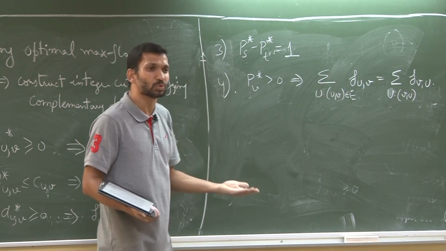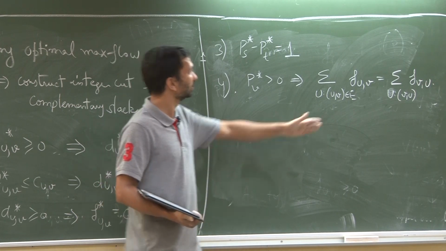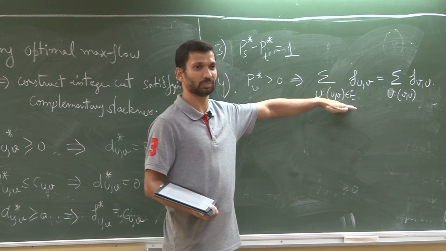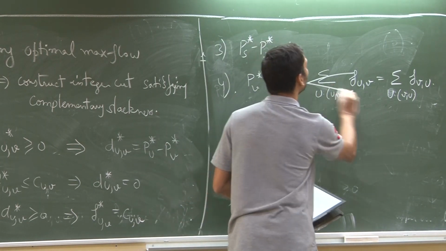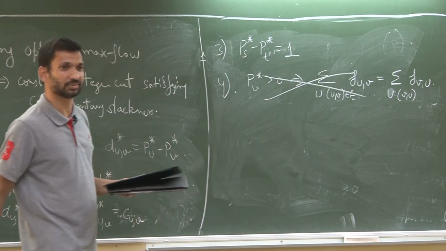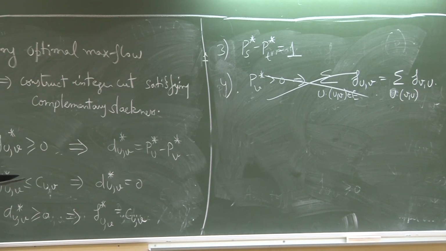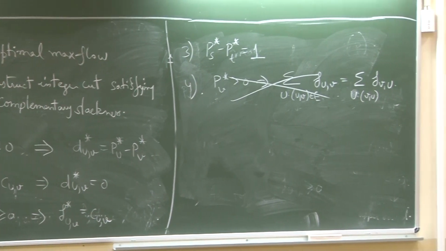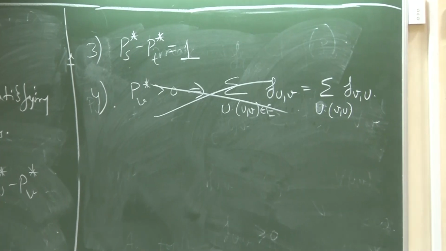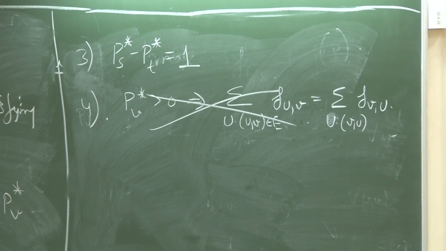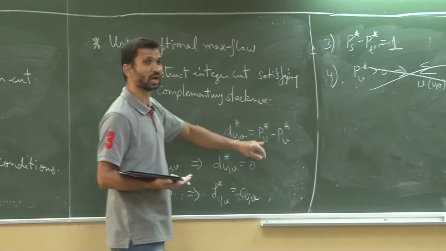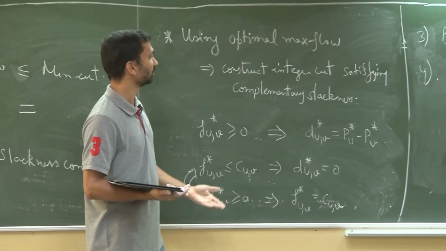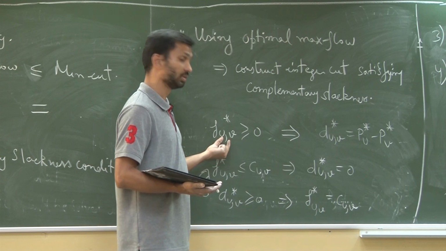But this is useless for us because we know this will automatically hold true. Correct? So this will always be true. So this doesn't give us anything. Okay? Clear? So once again, what we are going to do is construct a PV star given